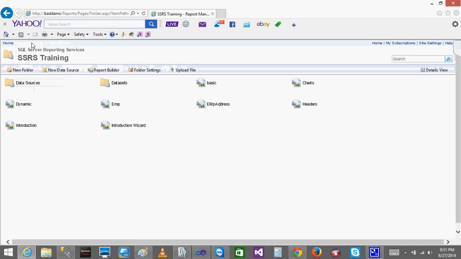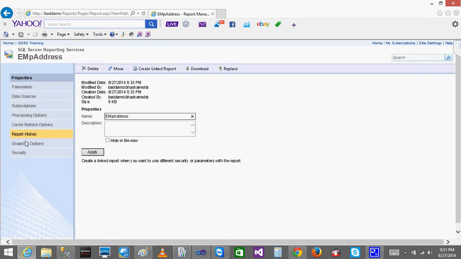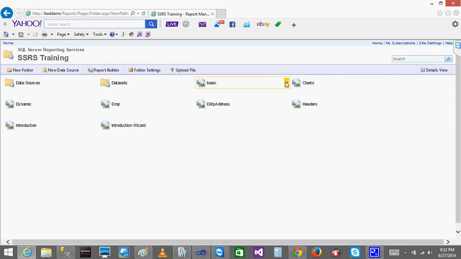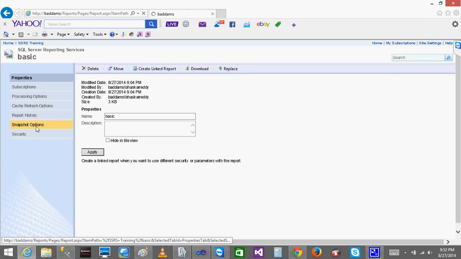That's the thing. Now one more thing you need to observe. I will go to the EMP address, click on this. When I go to manage, now if I want to create a snapshot on this, it is not going to work here, because previously on the basic, when we created a snapshot, it worked, right. See, it's SSRS training, this is the basic. So when I click the basic and go to manage, and when I clicked on the snapshot, it worked,